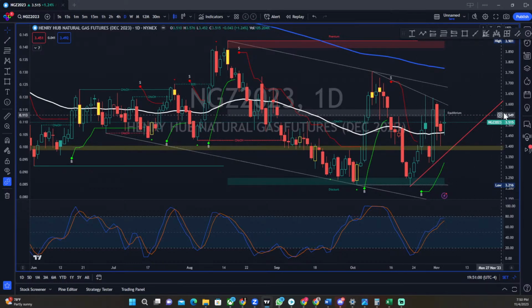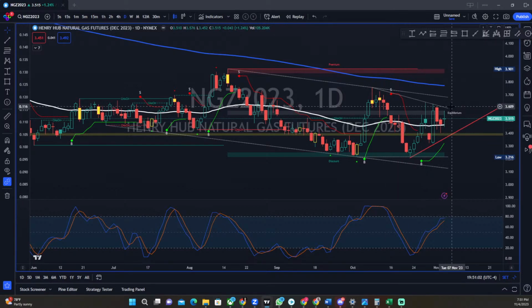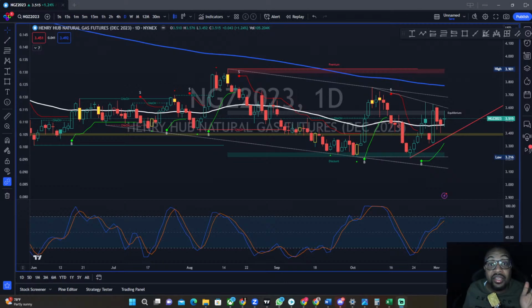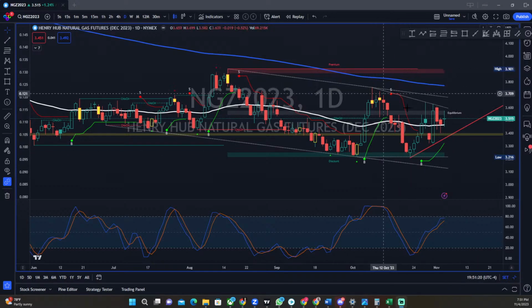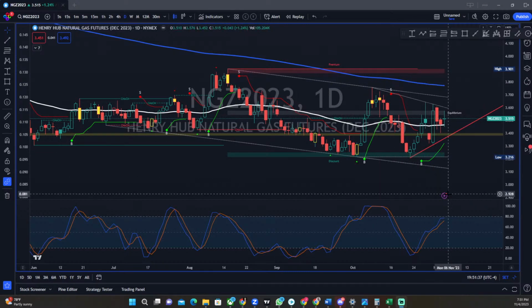So I think we got ourselves a nice little symmetrical triangle. It's compressing. You do not want to get into a fight in the middle of the schoolyard. If there is a fist fight with two kids in the middle of the schoolyard, you do not put your face right in the middle of it. So do not try to play inside of this consolidation with natural gas. All right, so if we look at this, it looks like it's really trying to compress itself. We got a doji. It's making higher lows while making lower highs at the same time. That's not supposed to happen unless there will be an explosion, right? It might be to this side or this side. And I'll teach you the psychology behind that if you click the link down below. All right, let's go ahead and keep this going.